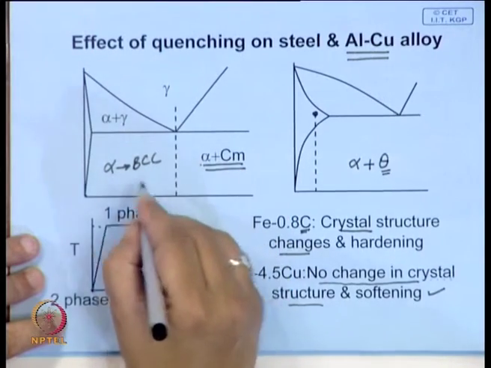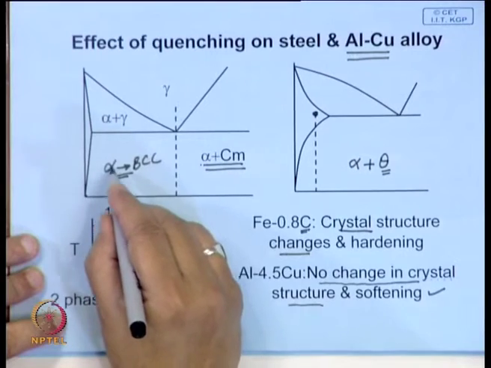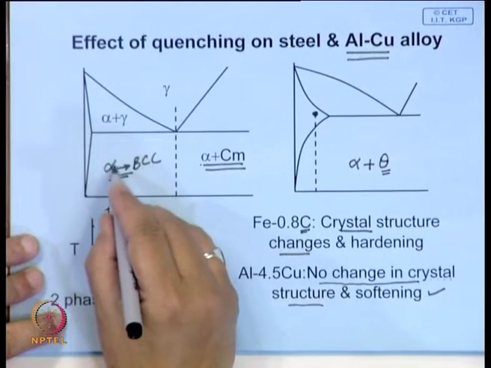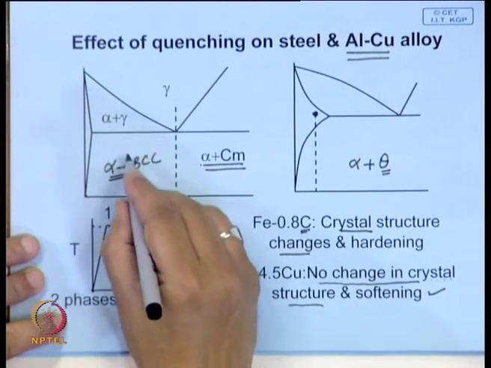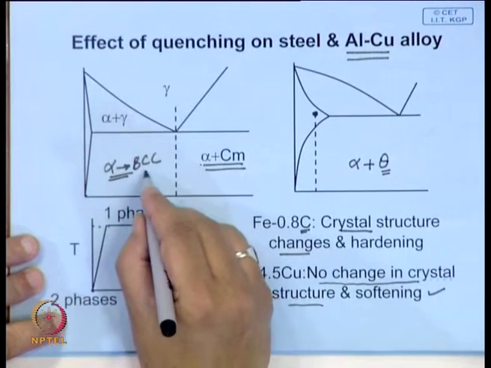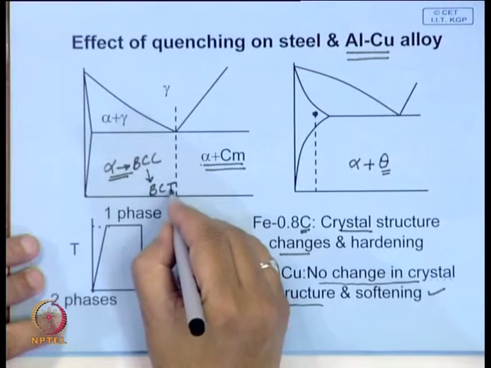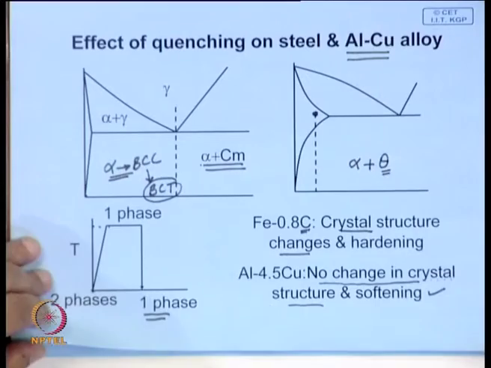If you quench, what is happening? You are keeping almost nearly 1 atomic percent of carbon in the solid solution, and if you do so, then this lattice gets distorted and it changes to a body centered tetragonal structure. So, we talked about this last class,